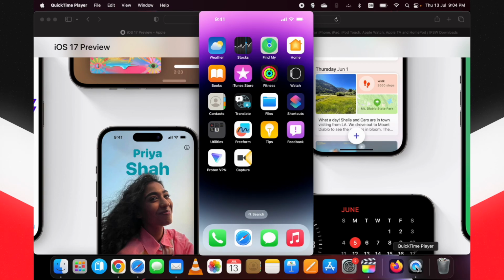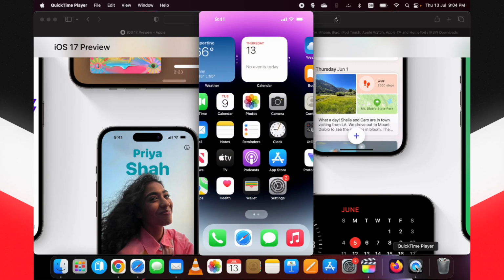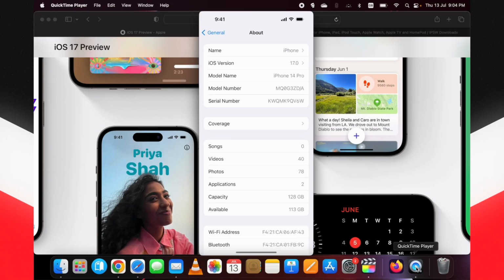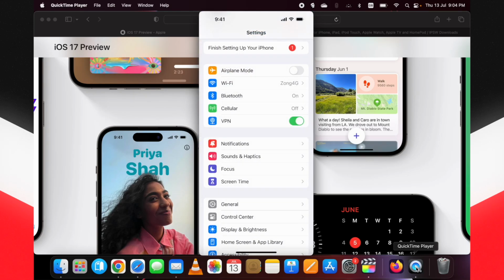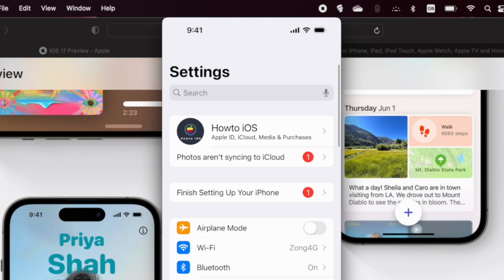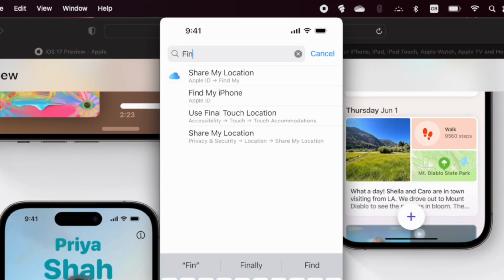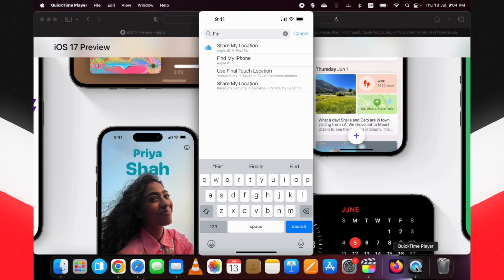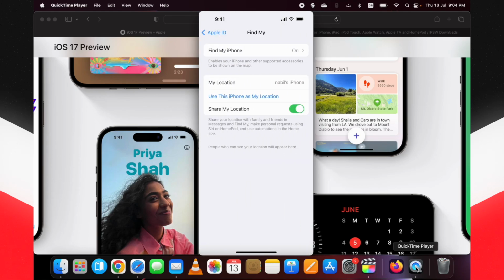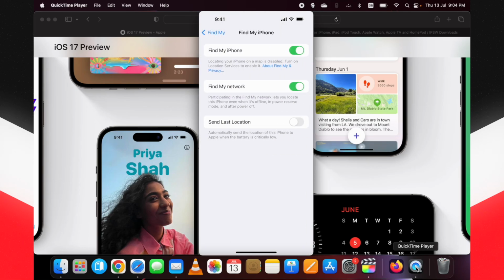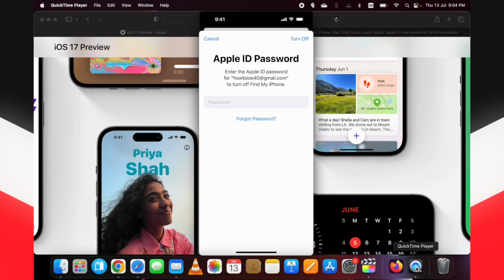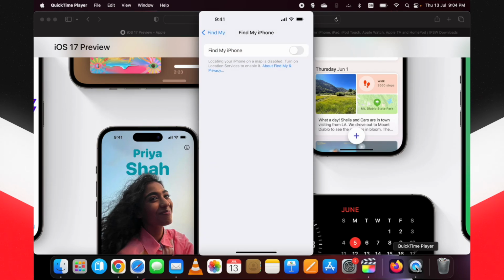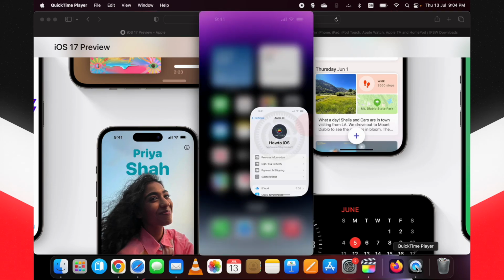After that, first you need to turn off Find My iPhone on the device. It's necessary for downgrade as well as for restoration purpose. Let me show you how to do that. Go to the settings, type in the search bar Find My. Tap on this Find My option. Here, disable the toggle and put in your Apple ID password to confirm. It will be turned off. Although it's needed later, but do it right now to avoid any obstructions later.